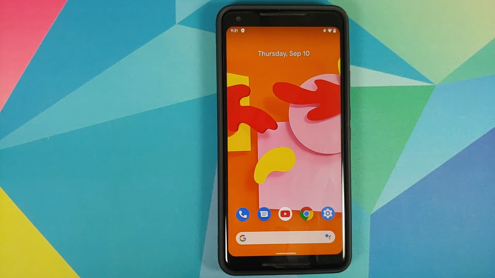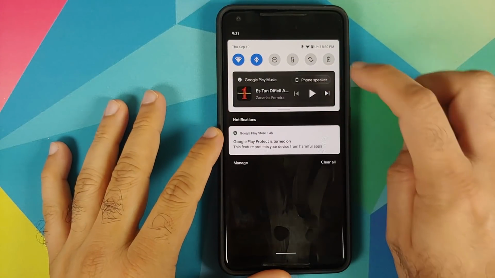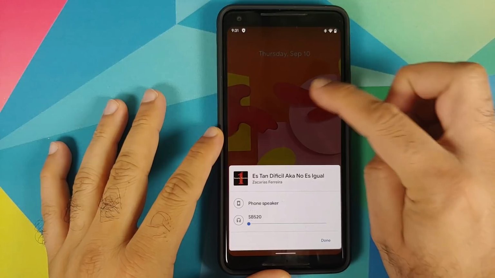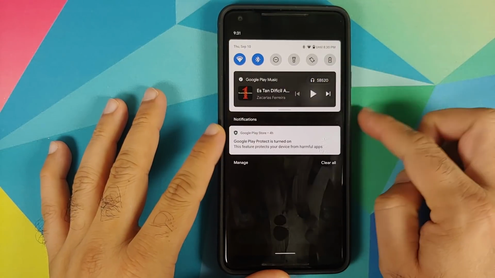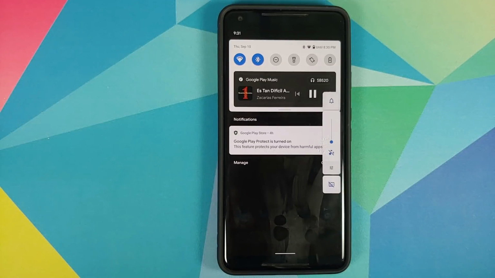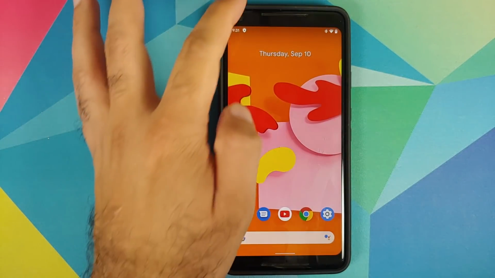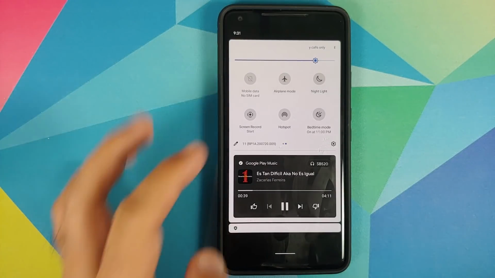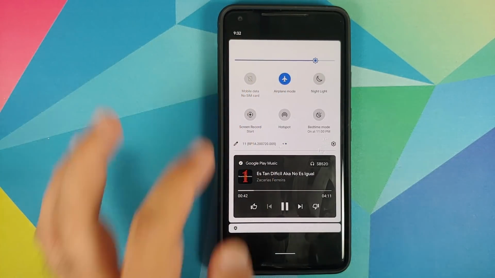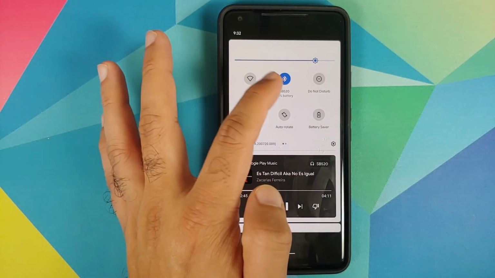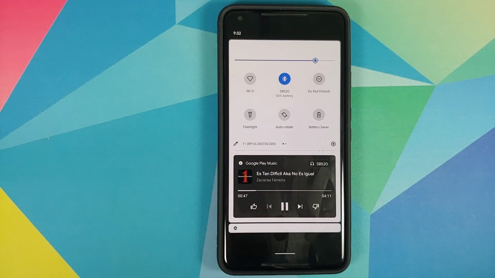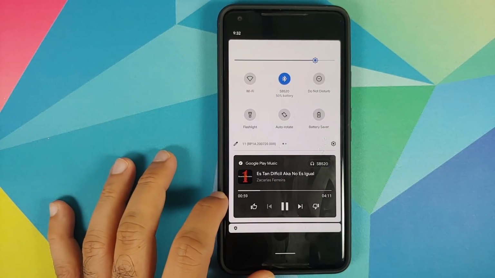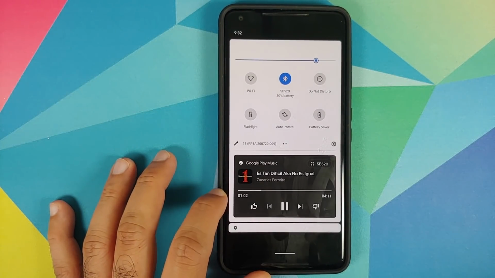Next new feature is if you turn on airplane mode. So for starters, let us change the music to play from the Bluetooth speaker, and then we can play the music. However, let me minimize the volume just to avoid any copyright strikes. Now if I move over to airplane mode, you will notice that my Wi-Fi turned off, but my Bluetooth is still connected. This is something new which they have added with Android 11, that when you switch over to airplane mode, if you're using your Bluetooth, the Bluetooth won't be turned off. And as you can see, the music is still playing, the duration keeps on increasing.